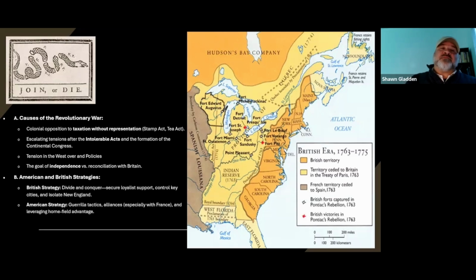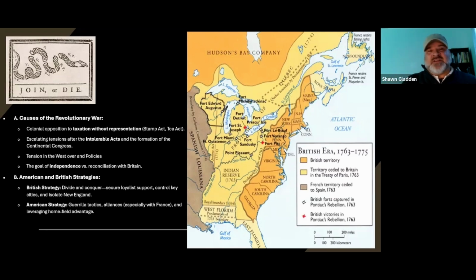He leaves from Philadelphia to take command of the Continental Army. At this point, they're in Boston, but they relocate knowing that New York's going to be the next target for the British. So, the Continental Army under George Washington,